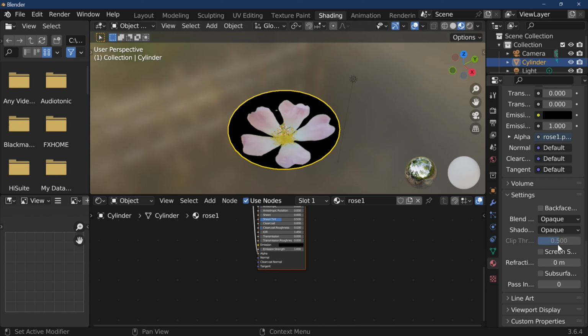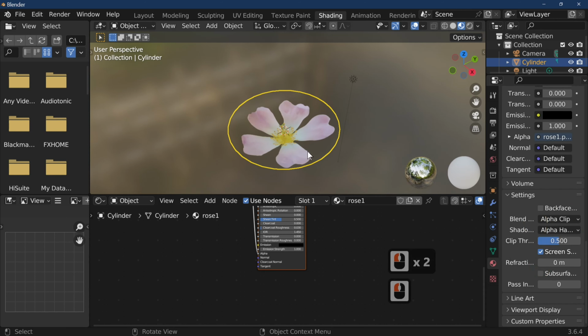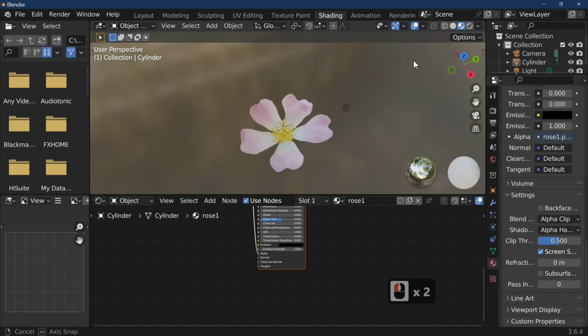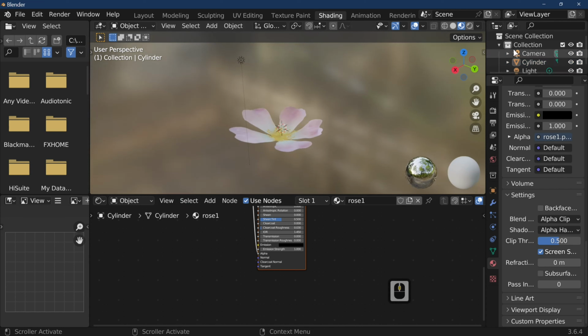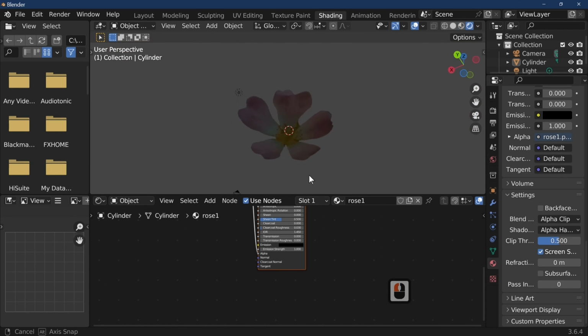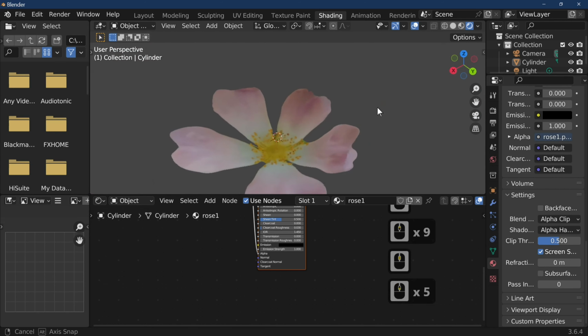Right, so what we're going to do is go into screen space reflections. Enable this, but that still doesn't change anything there. So then what we do is go into, I think it's alpha clip, but I'm not sure, and then go into here and then go into alpha hashed. I think you can set these both to alpha clip, but as you can see, we have now got ourselves a transparent image. So I'll go into render mode just to look at it. And as you can see, we have now got a transparent image that, unless you're going on close inspection,